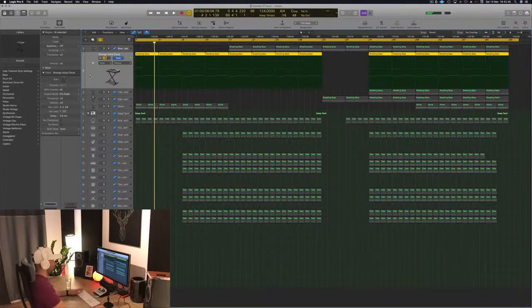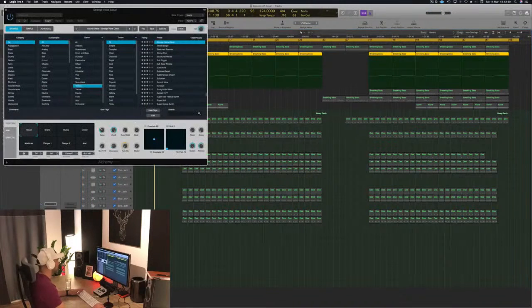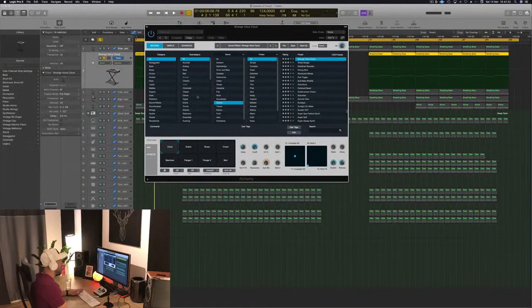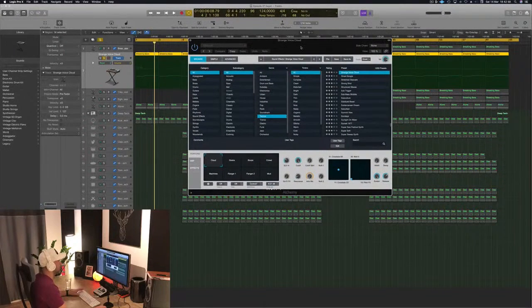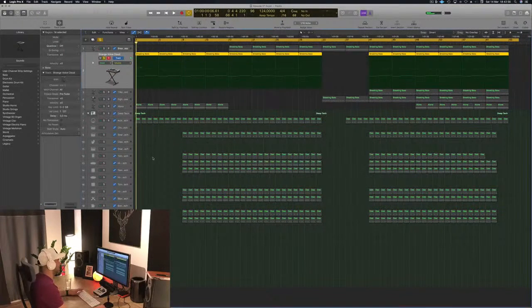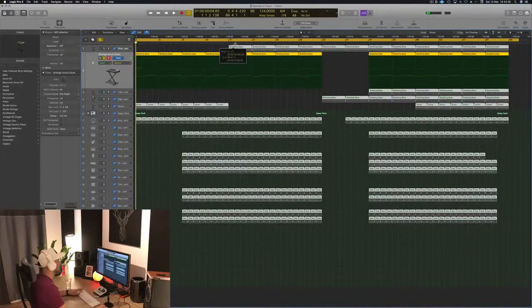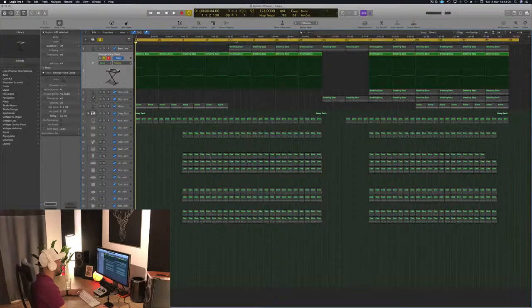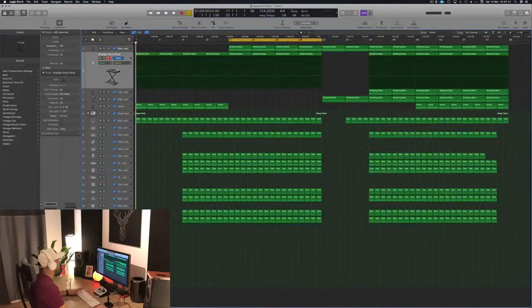So this is actually a patch in Alchemy, which is very cool. You should check it out if you use Alchemy. A strange voice cloud, and there's different kinds of clouds and stuff, and this is just a psychedelic vocal that just goes in the background, and this literally made this track. So I'm gonna go a bit further so you can get an idea of the beat itself. So that's it.